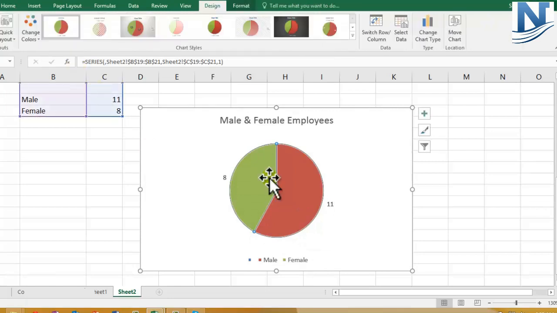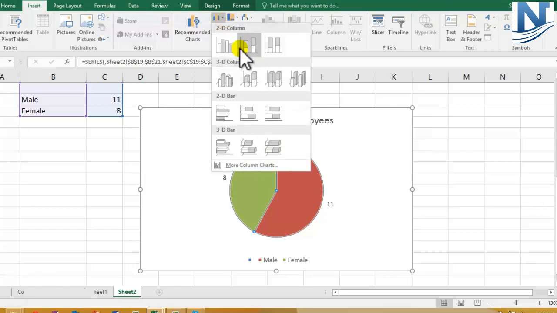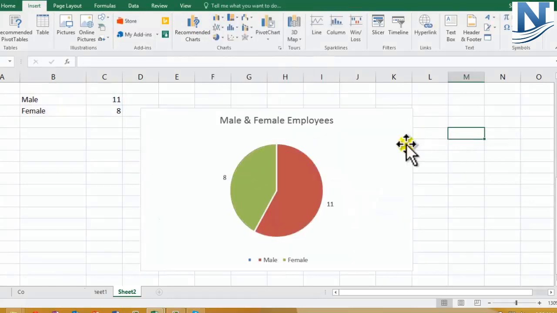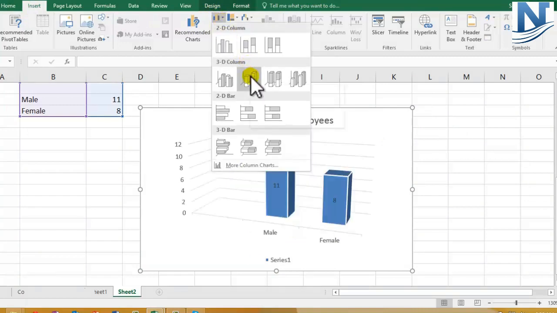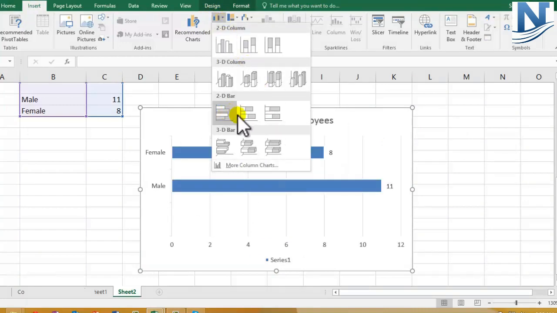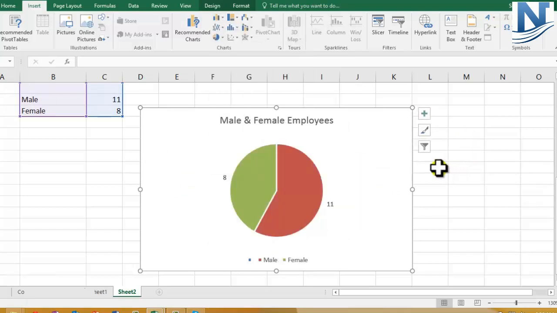And if you think that you do not want a pie chart, but you have already made a pie chart, no worry, you can just go to insert and change the chart. What you need to do is only select this and go to insert and change to any chart that you want. You can make a 3D chart, 2D bar chart, any chart which you like. So this is how you prepare a pie chart, wherein you are specifically displaying the number of employees in the company. You can edit the chart as per your requirements.